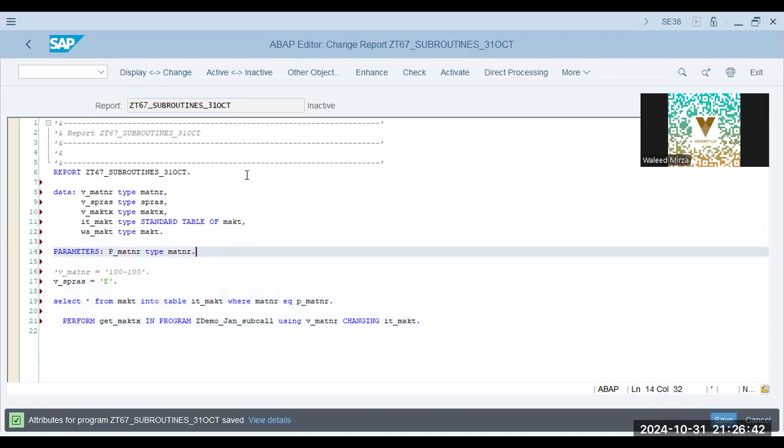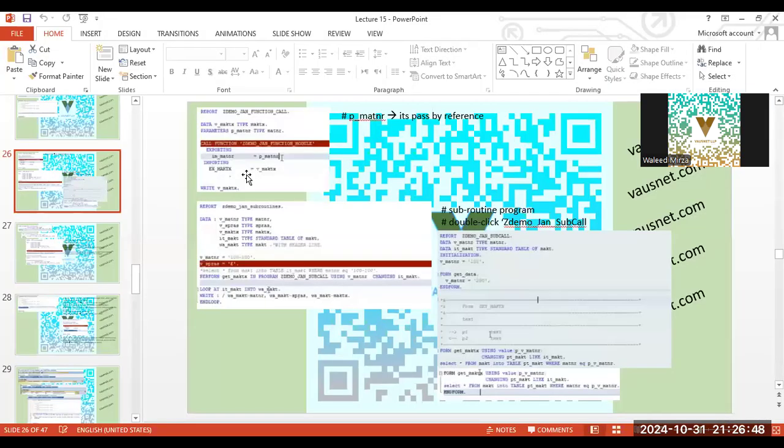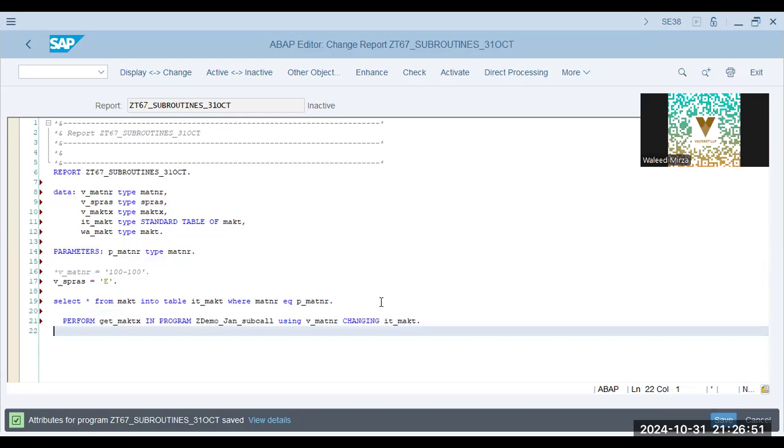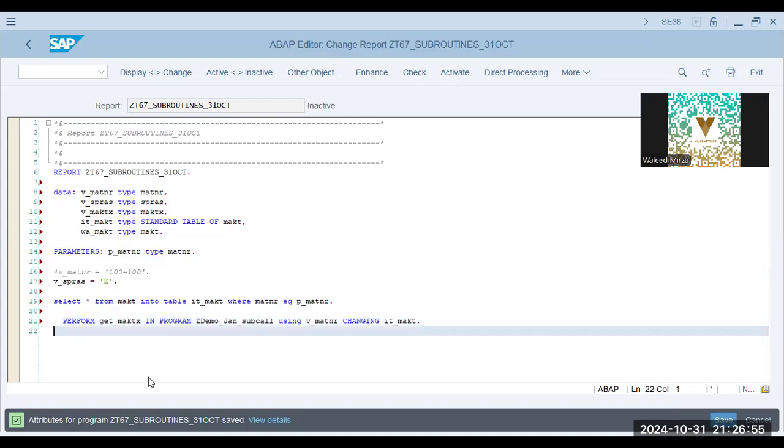Okay, because we don't have 100 we'll have to make one, but of course we'll avoid that right now. Now, this is a subroutine call, and I will actually write